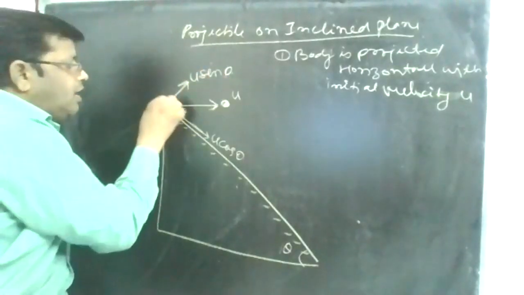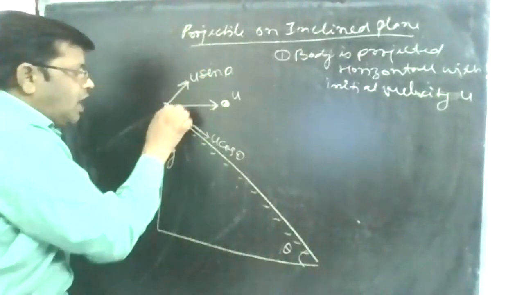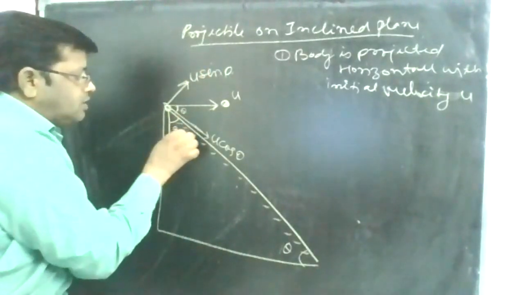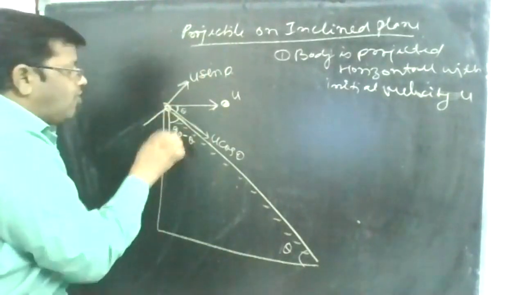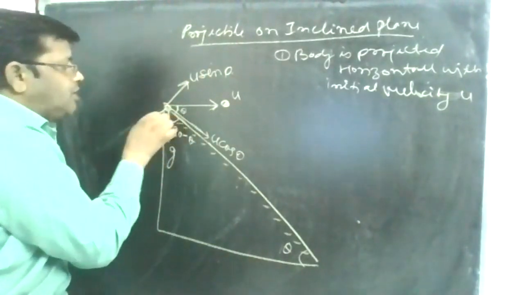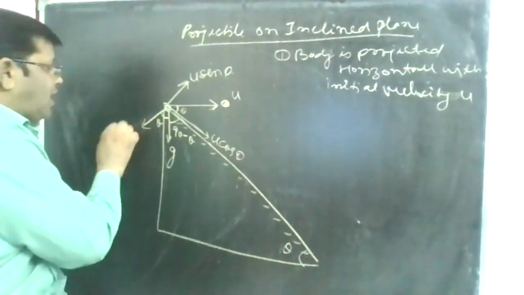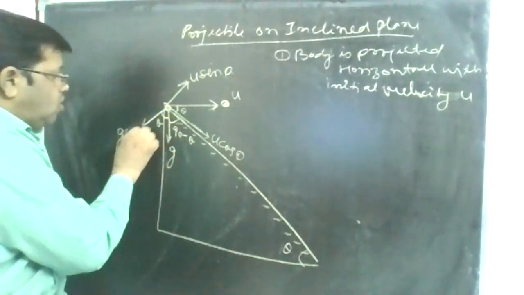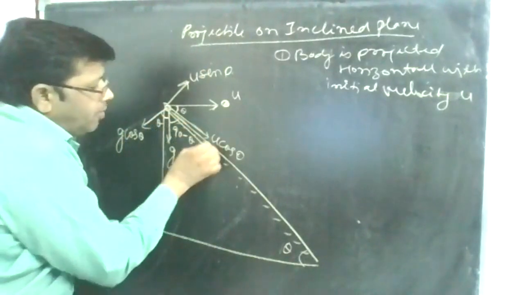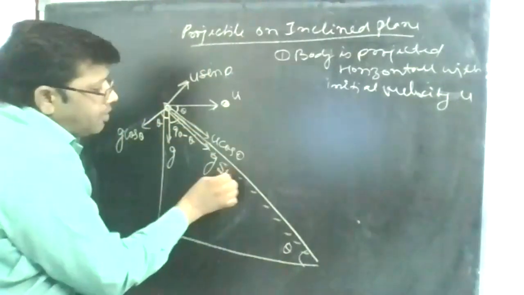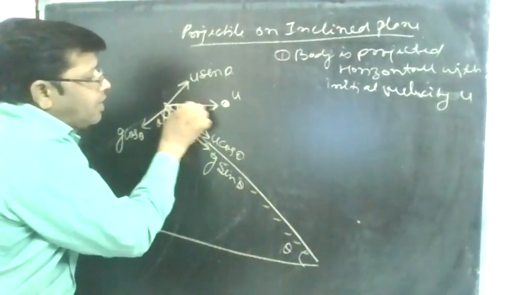If body is here, g will be acting downward. This is theta. This is 90 minus theta. But perpendicular to this surface, g is acting downward. So this angle will be 90 minus theta. This angle will be theta. बेटा जिसके साथ एंगल बनता है वो बनता है cos. और ये क्या होगा बेटा? g का 90 माइनस थीटा कॉम्पोनेंट क्या होगा बेटा? g sin थीटा. अब ये देखिए बेटा, हॉरिजॉन्टल कंपोनेंट जो इस प्लेन पर है